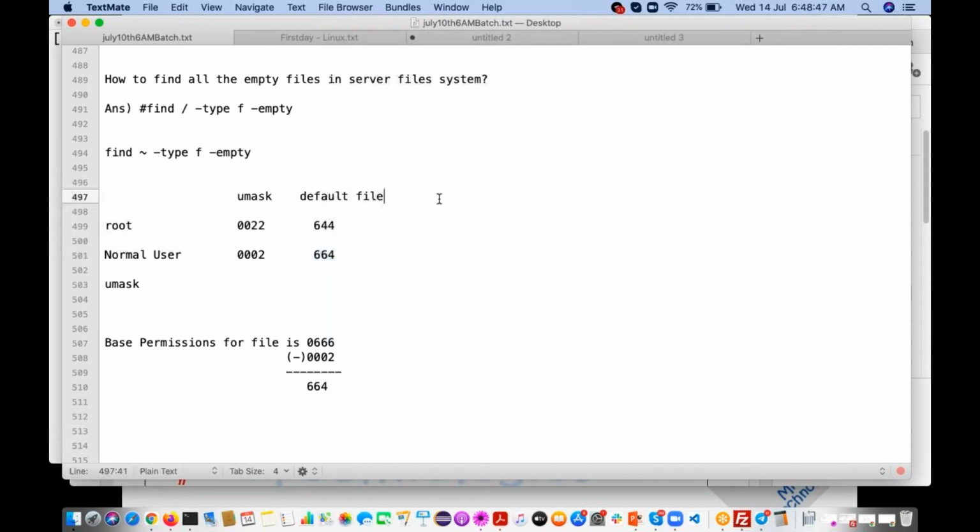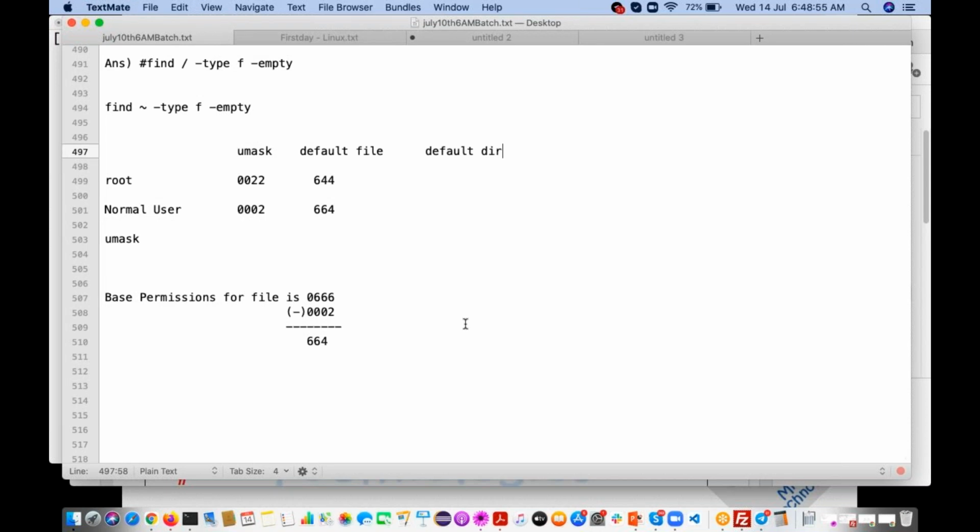Now if I create a directory, what default directory permissions will it get if the directory is created by the root user? The base permission for a directory is 0777.